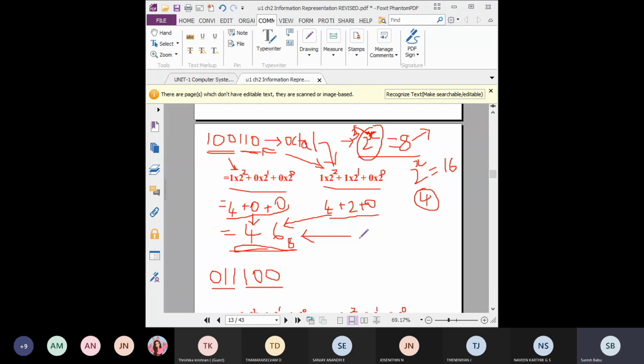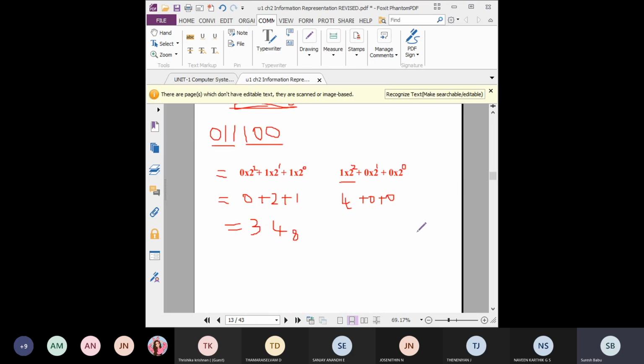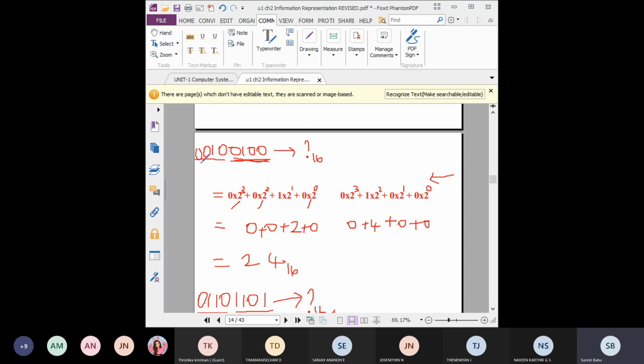For converting into hexadecimal, again you have to do this method. 2 power x equal to 16. So now what is the value of x? What value you give here to get 16? 2 power 4. So you have to split it as 4 numbers. See here the example. This is your binary, you want to convert into hexadecimal. First you split it as 4 digits. The first four, 1 2 3 4. You write it like this and do the multiplication: 2 power 0, 2 power 1, 2 power 2, 2 power 3. Again the next 4 numbers.